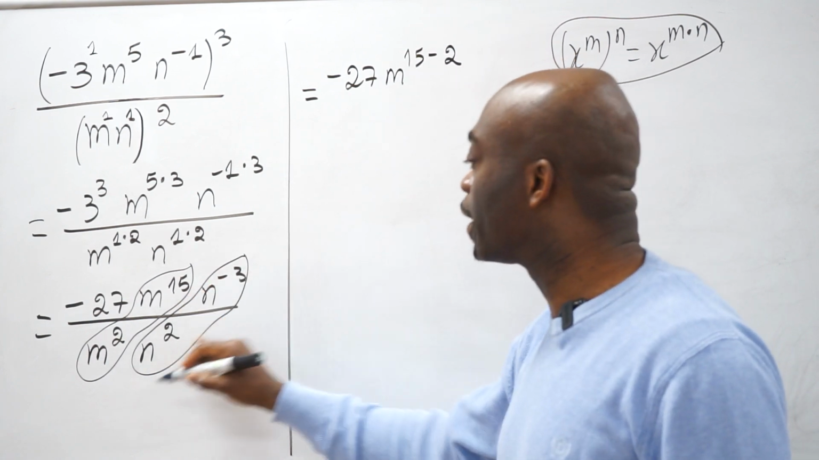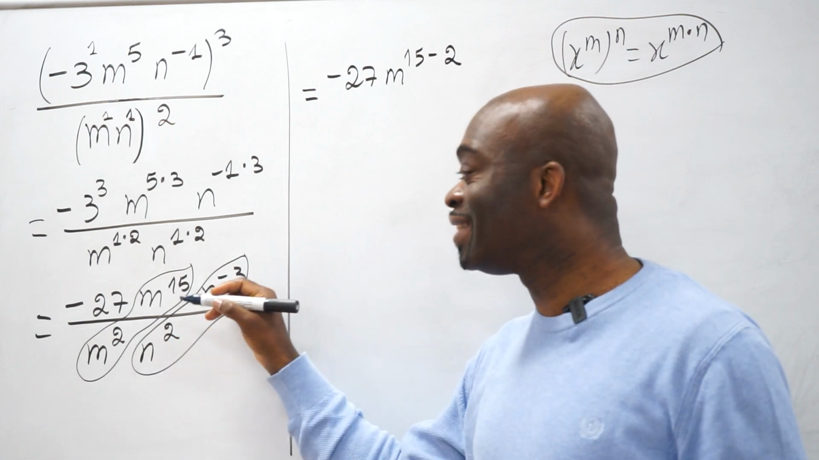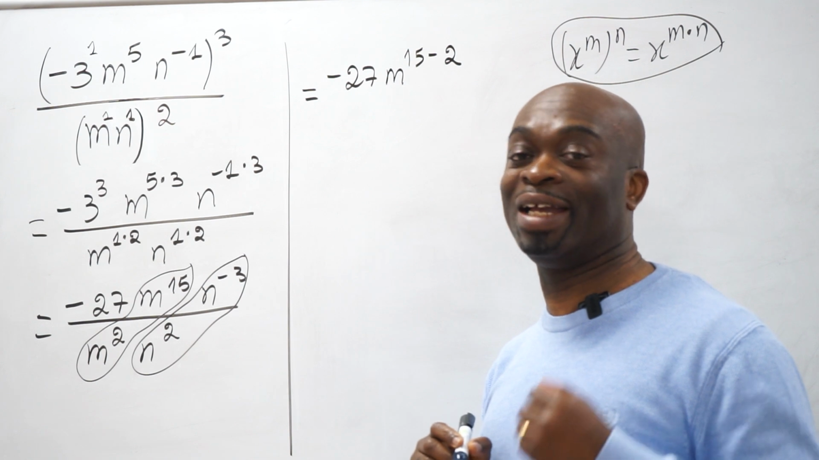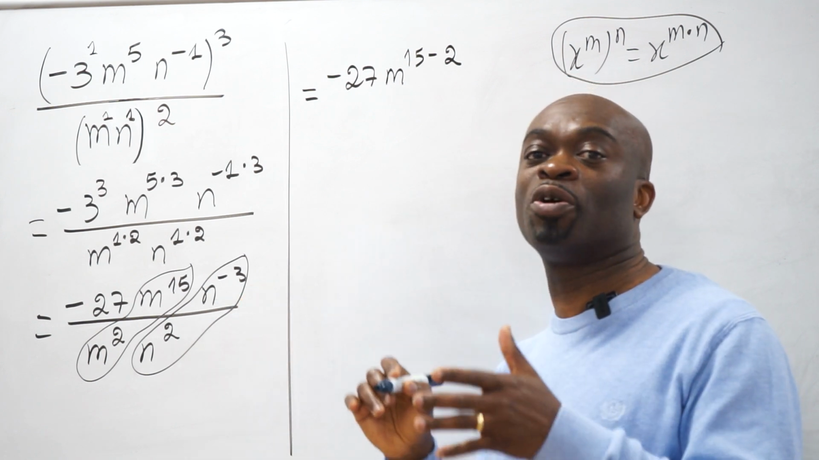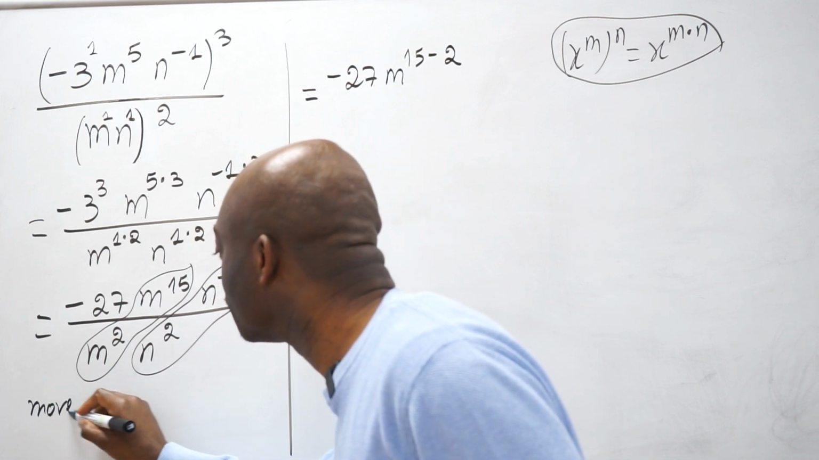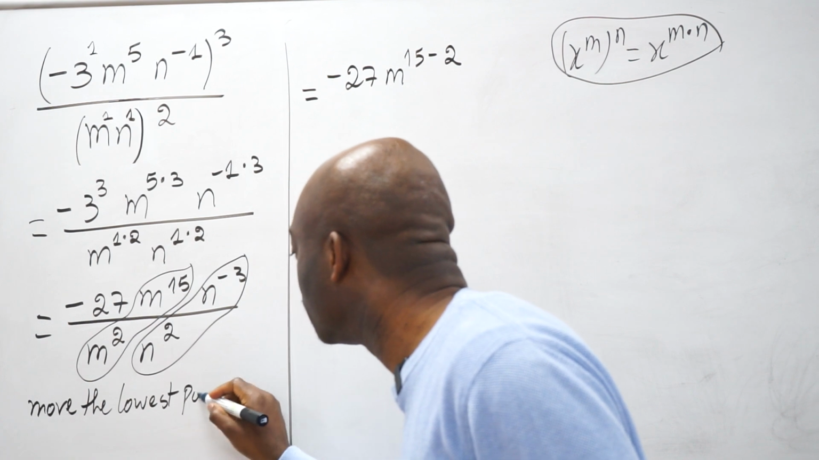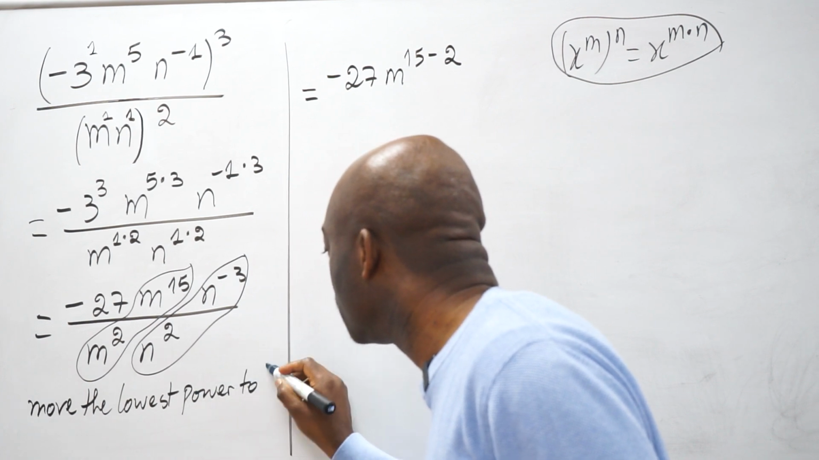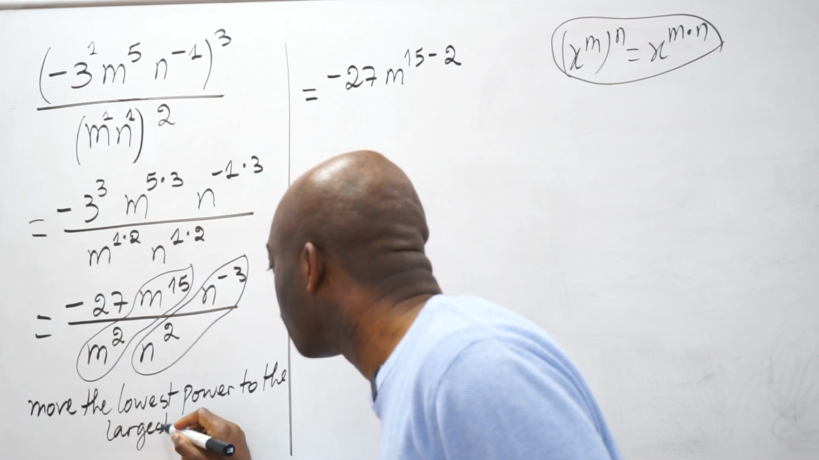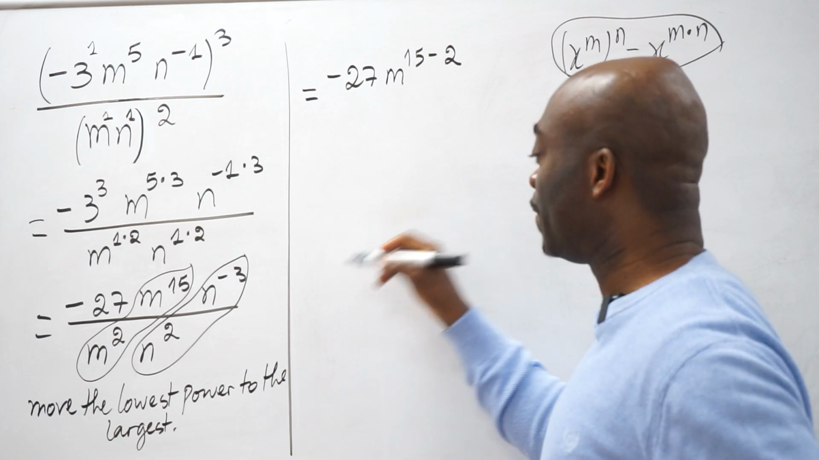Now when it comes to the n, what's happening here? This is -3 and 2. Which one is lower? It's -3. Because -3 is lower, that one will go down. Again, we're moving the lowest power to the largest power. Okay, so that's what we're talking about. So once we get back here, what's happening? So for the n,